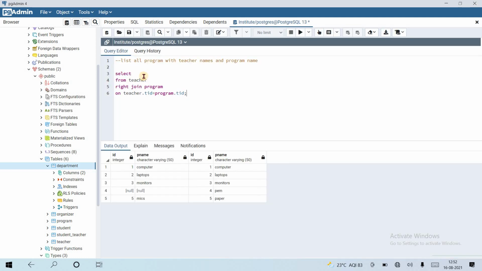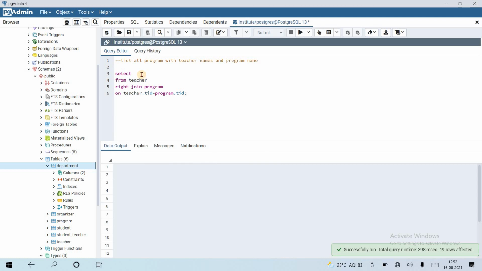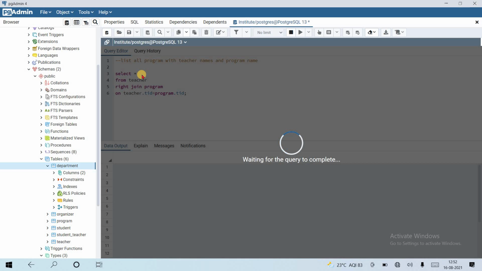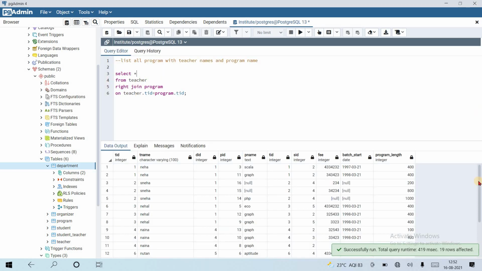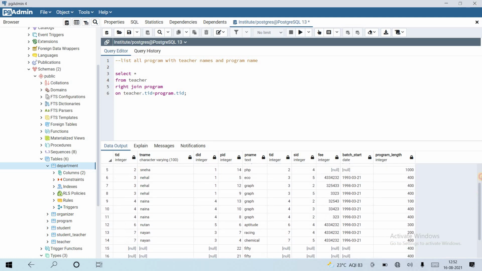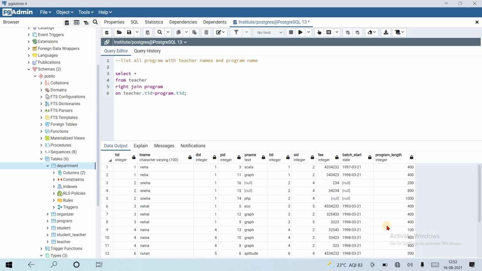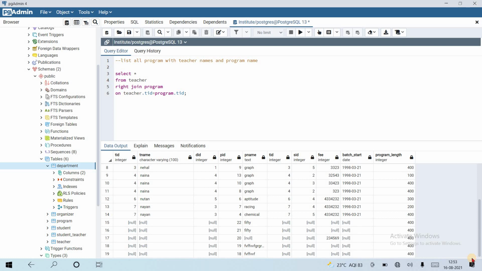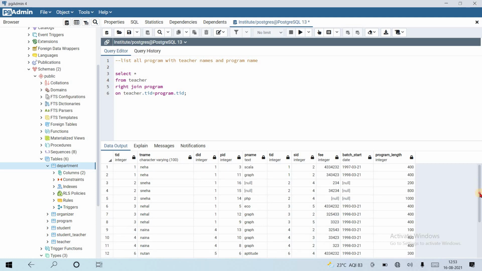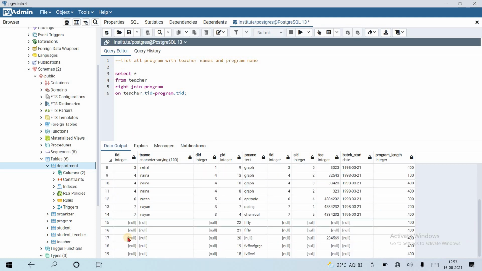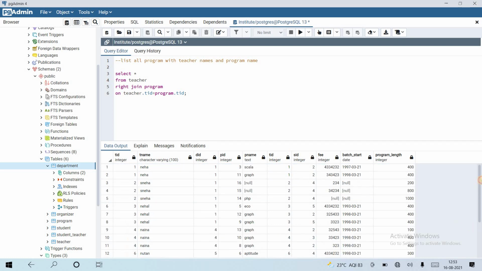So let's see. It will fetch the data, but I have not mentioned the column names, so it will fetch all columns. Here you can see that all the program records are coming, that is 19, and all the teacher names are coming where the TID is matched with these TIDs. That's it. Okay,